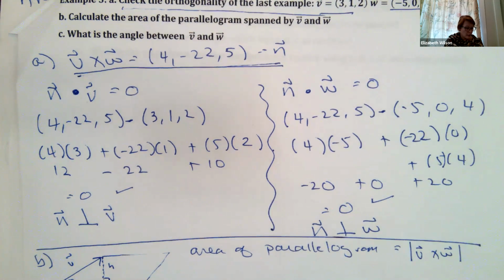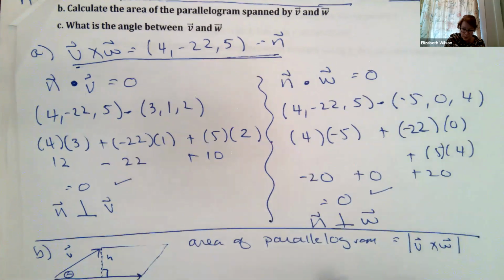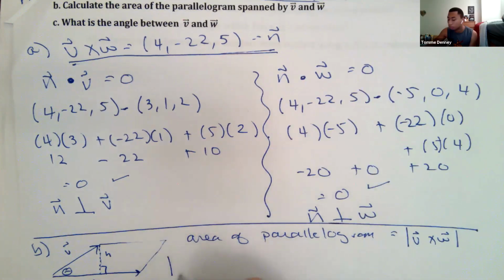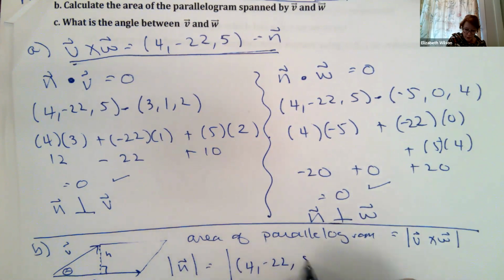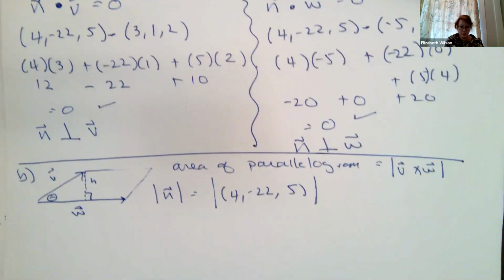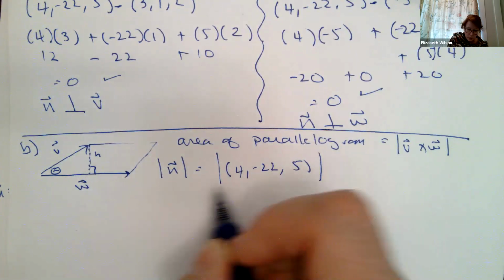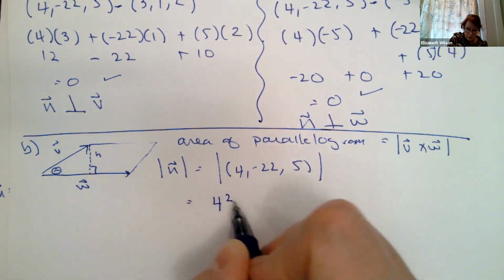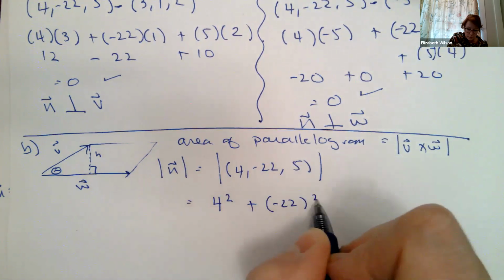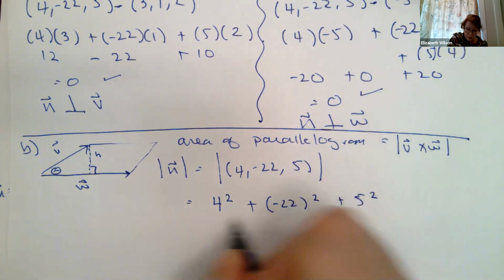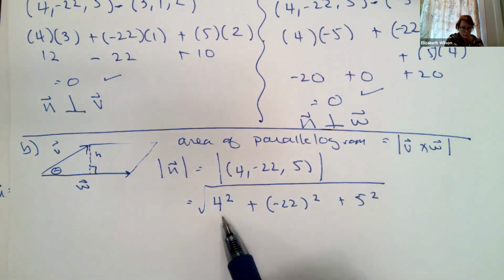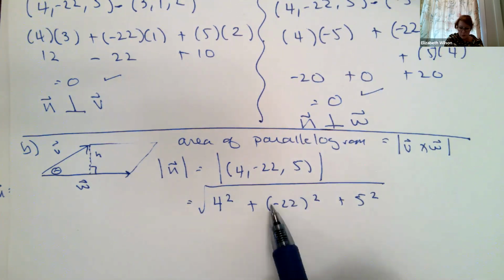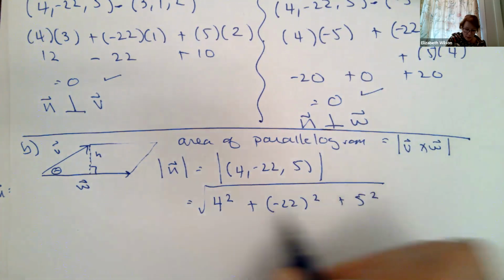Okay. So that means that I can take the magnitude of N. I can take the magnitude of 4, minus 22, 5. Remember, our magnitude calculation is I take each individual component and I square it, sum it up, and take the square root. So my magnitude's always going to be positive. Make sure you're careful about your order of operations. This is in parentheses, minus 22 quantity squared, so the negative goes away. And then when I get this out, I get